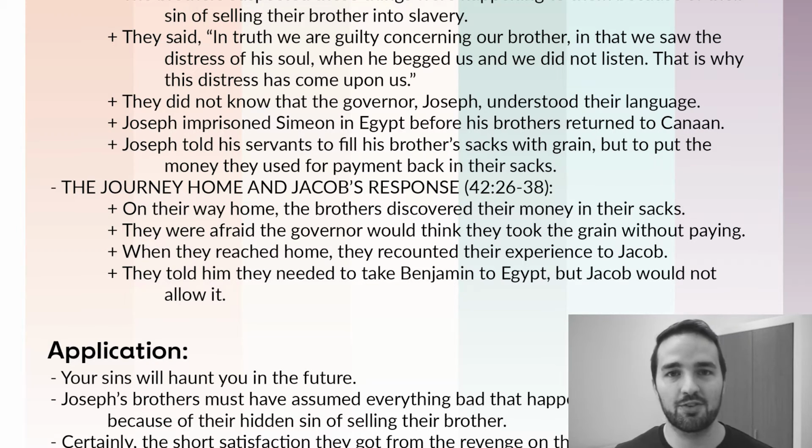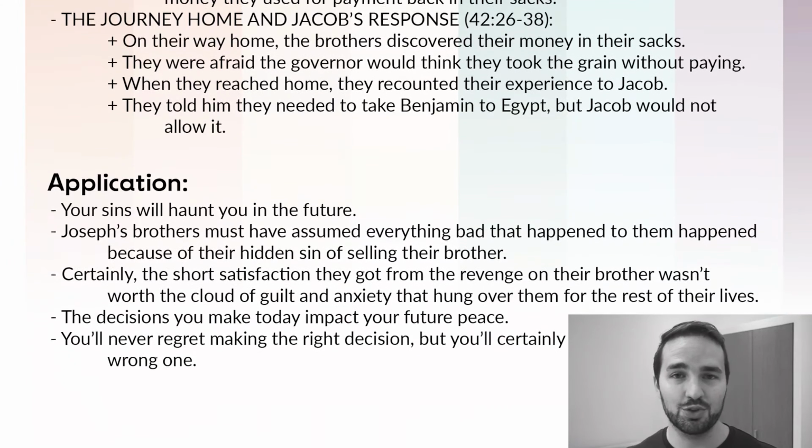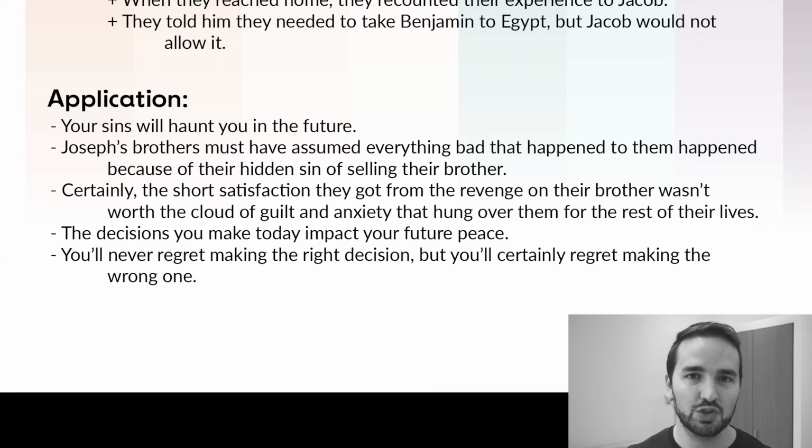So they went back to their father in Canaan. They told him everything that had happened, and they told him that they could not return to Egypt, and they couldn't get Simeon out of jail until they returned to Egypt with Benjamin. But at this point, Jacob refused to let Benjamin go to Egypt. So Jacob and his household and his sons are in a bit of a dilemma. We'll see a resolution to this in the next couple chapters.